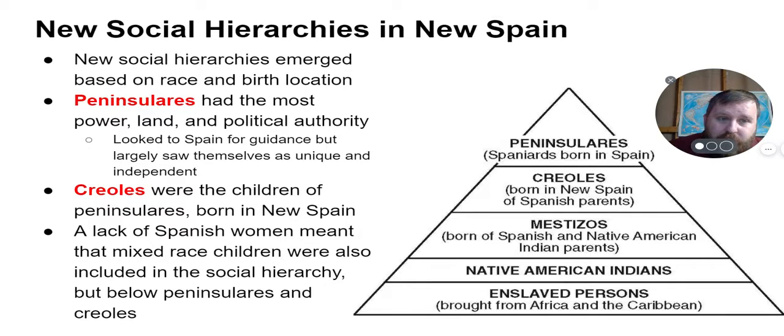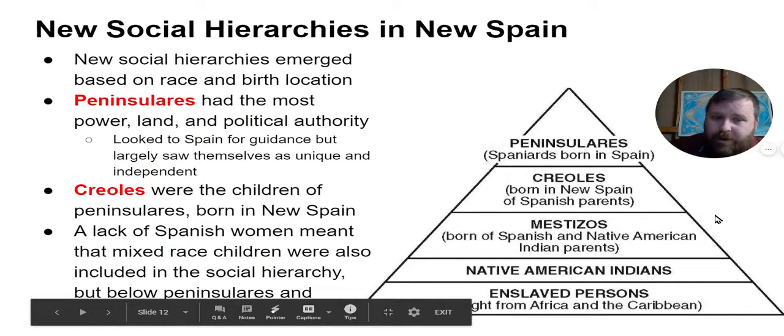Another one, which is another word that we don't really use today, to describe these people as kind of below the mestizos, were what are called mulattoes. Mulattoes were mixed Spanish and African children. So if you were born of a Spanish person and an African person, you would be called a mulatto. Now we don't use the word mulatto today because it has been used over time to degrade people and talk about their mixed race heritage. So this is a purely historical word,